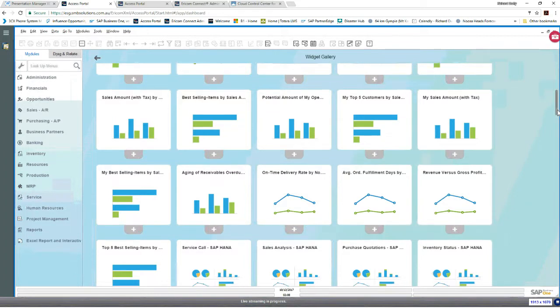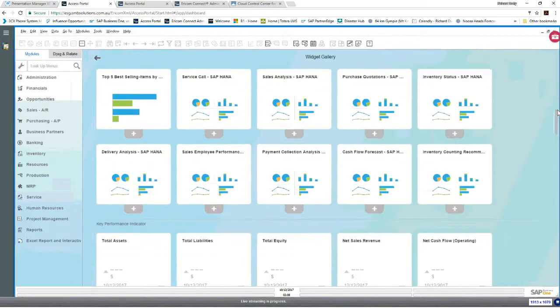But you also have other widgets that you can add into the system that allow you to do some quite complex calculations. And those complex calculations are enabled specifically by the functionality in SAP HANA.